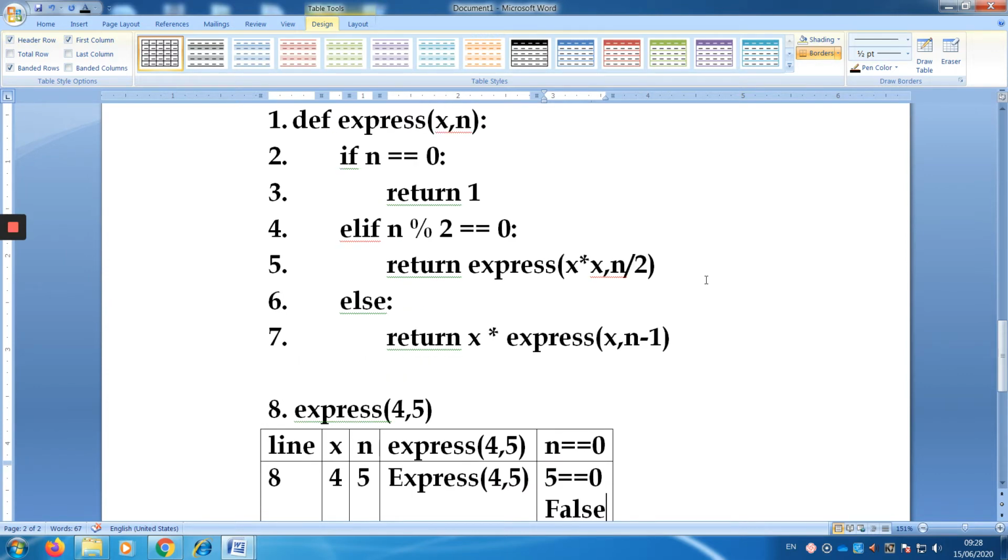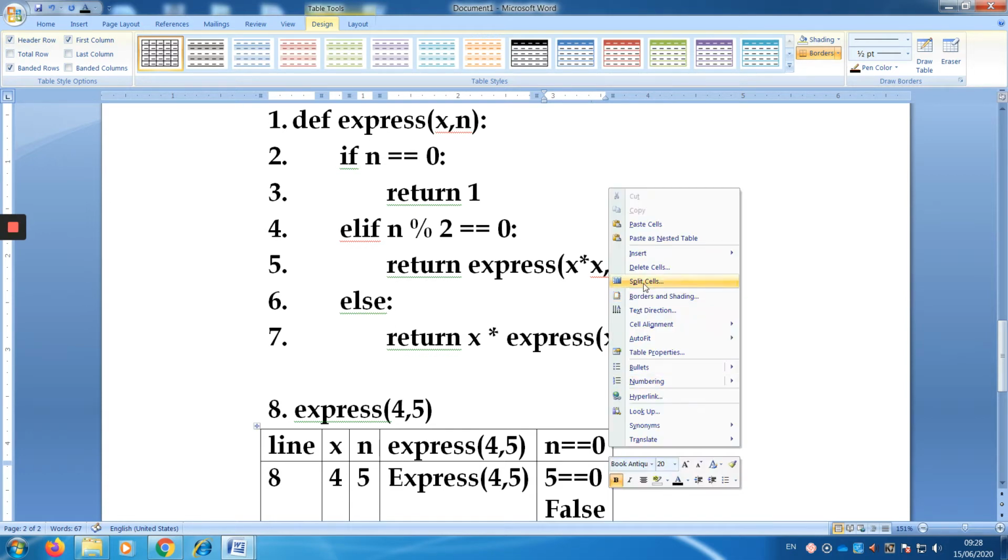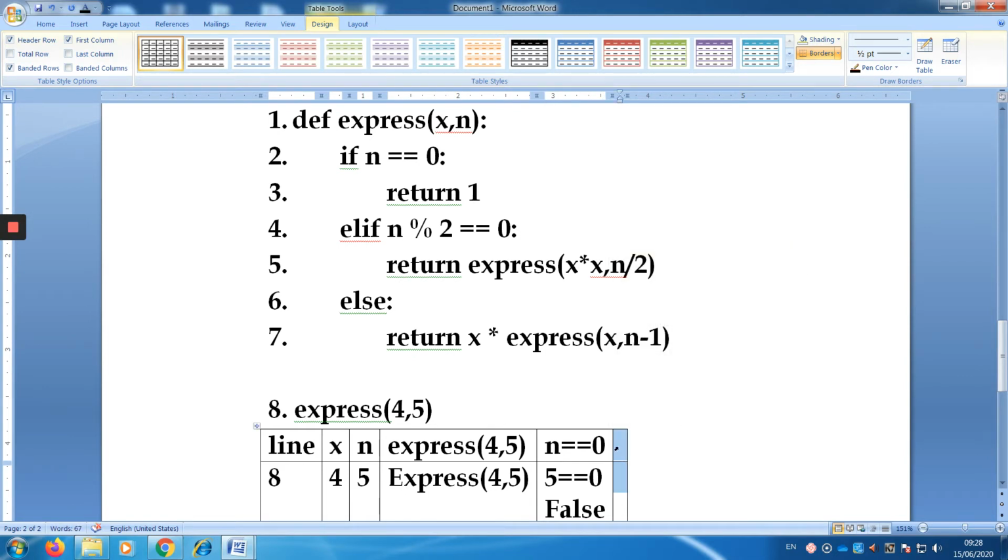If it is false, you move on to line number 4, where you check another condition: n modulus 2 double equal to 0.